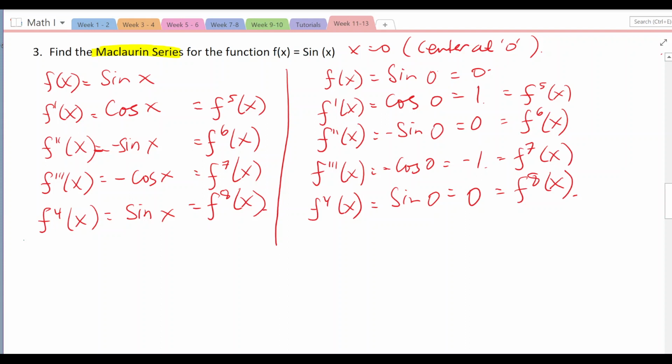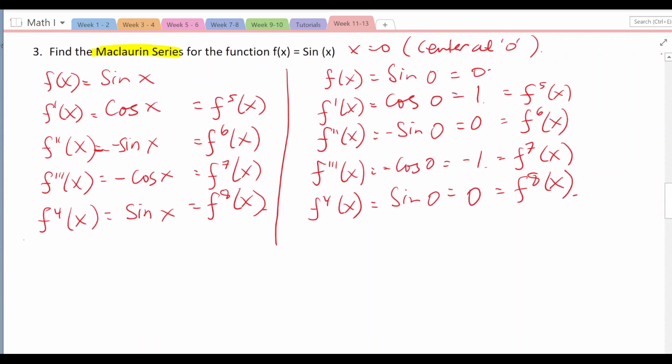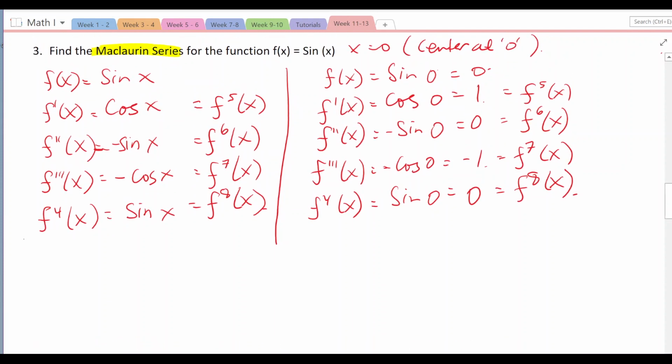Okay, so once we have all the information of our coefficients, by the way, we've been working out the coefficients, we can then start to put all these coefficients into our series. I don't know if you remember the Maclaurin series. Our function was originally sine x, and the Maclaurin series expansion starts with the original function at x equals 0 in this case.